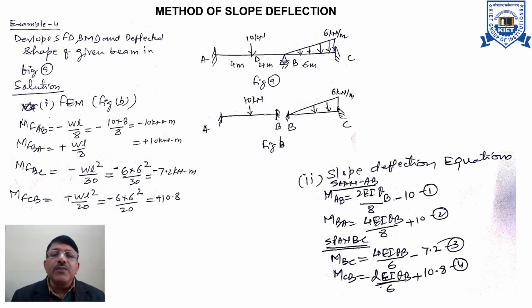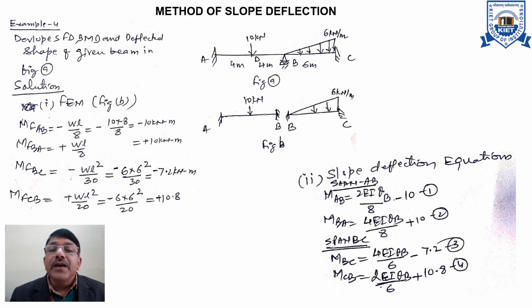So considering both the parts as fixed at the ends, as shown in figure B here, we then find out the fixed end moments. In the problem, nobody has mentioned that any of the supports is going to settle, so we'll leave out the contribution of settlement of support. We'll write down only two parts, M1 and M2. So the fixed end moments due to load in the span AB, MF AB and MF BA, are as per the standard cases which we have discussed earlier, and then the fixed end moments in the portion BC.